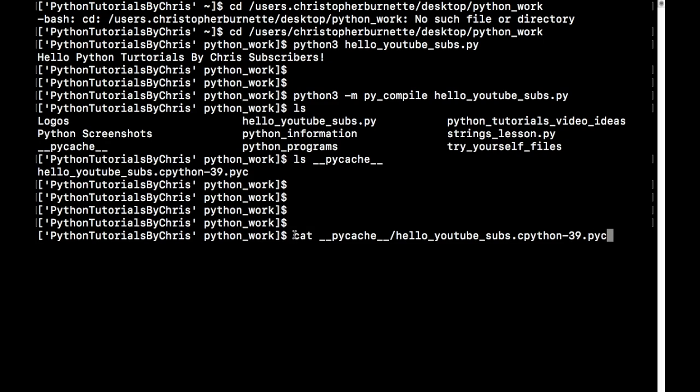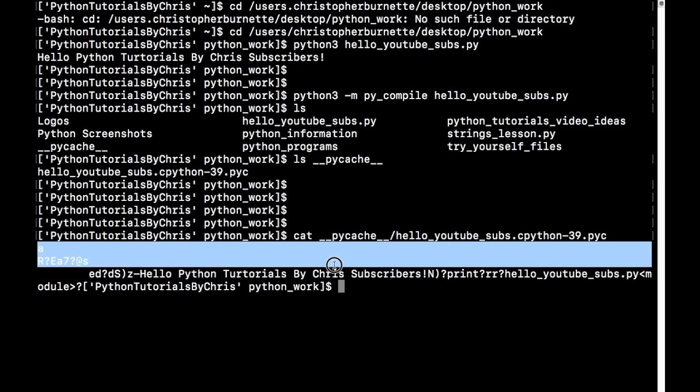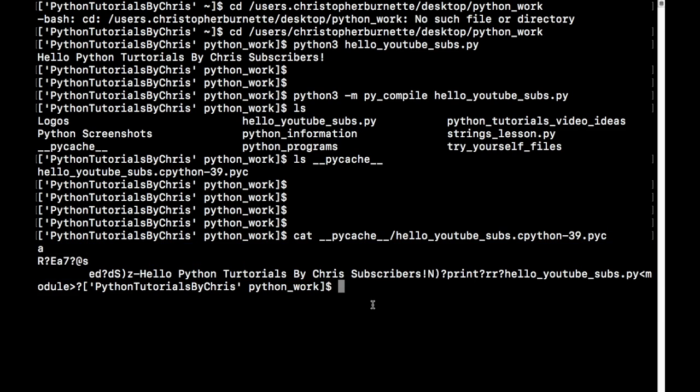So what I've got here is the cat command, which is going to allow us to read the data from the file and display the contents in an output here. We've got the folder that holds this .pyc file, the __pycache__, and we've got the actual .pyc file that we want to open and look at. What you're seeing below right here is the output of the .pyc file. Now, if you look at that output, some of it you can read, right? But then there's lots of it in here that is just garbled. This is what bytecode looks like when you try to open it up and read it with human eyes.